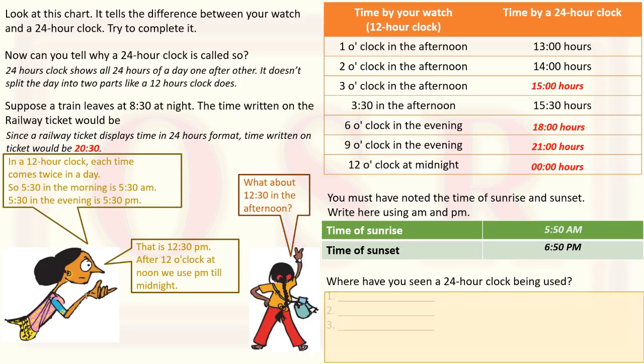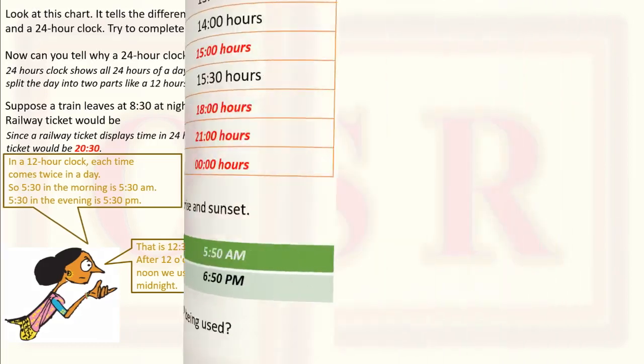So now you can guess a bit, right? The first one is the railway station, we have already discussed. The second one could be a hospital, and the third one an airport. There would be many more.